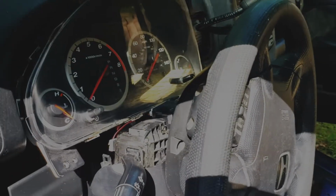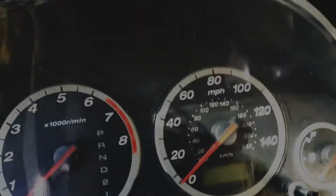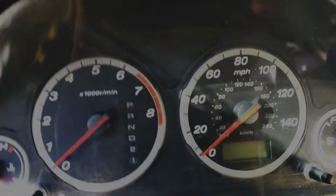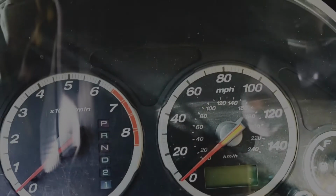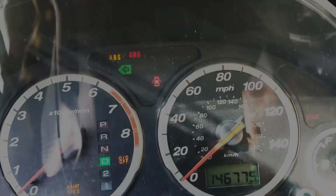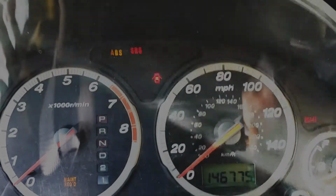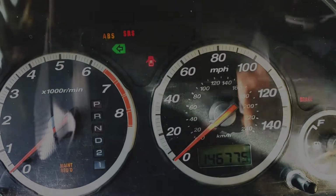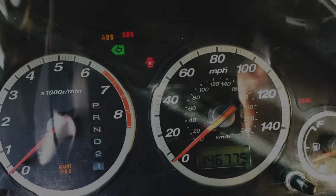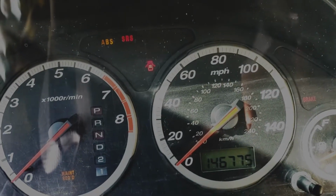Alright, the junkyard dash is in there. See, it doesn't have a dot in there like the other one. Let's see if it's alive, because it might be broken. Oh, that one is alive, and we got a problem. That one got 141,000 miles, 750 something. So we're not gonna do that. We're gonna try